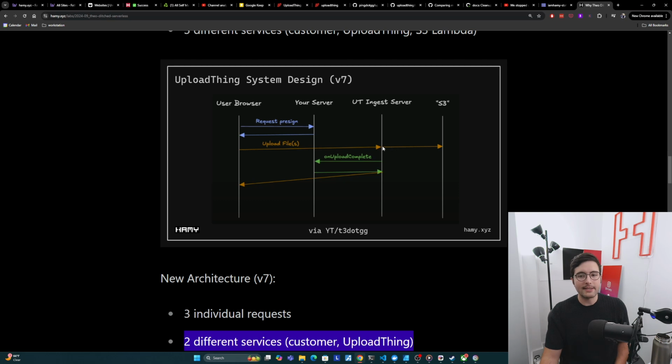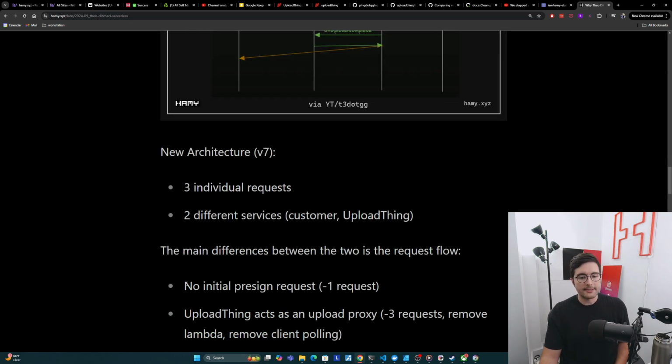And instead, once this is finished, they can just emit the onUpload complete webhook themselves, and within the same request, just return directly to the client. And so this architecture is much, much simpler, way fewer requests, and fewer services that have to get called as well. And so the big things to call out is, no initial pre-sign request, which removes 1 request, and